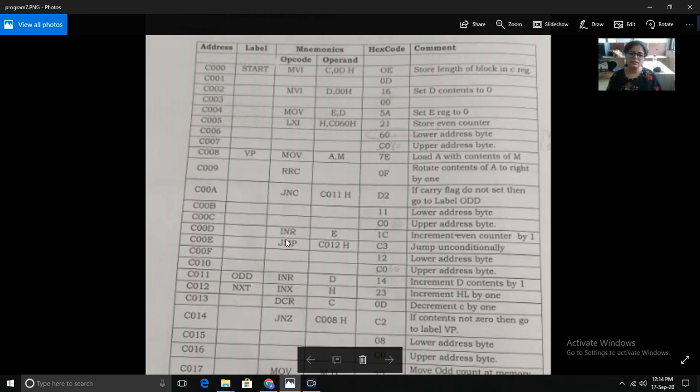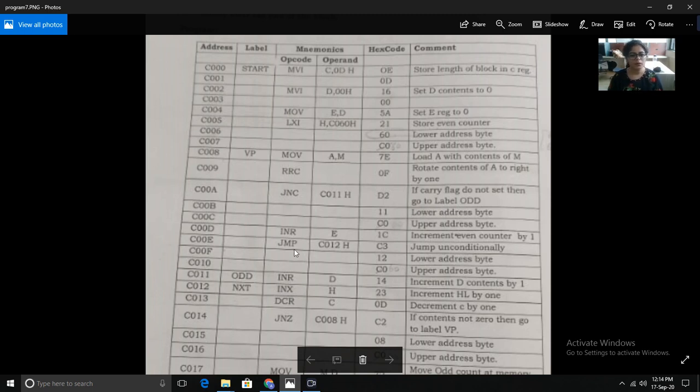We are basically using two registers, E and D. We are storing the even numbers in the E register and odd numbers in the D register. So if the number is even, we increment the E register, the even counter, by 1, and this is the hex code of the INR E instruction.